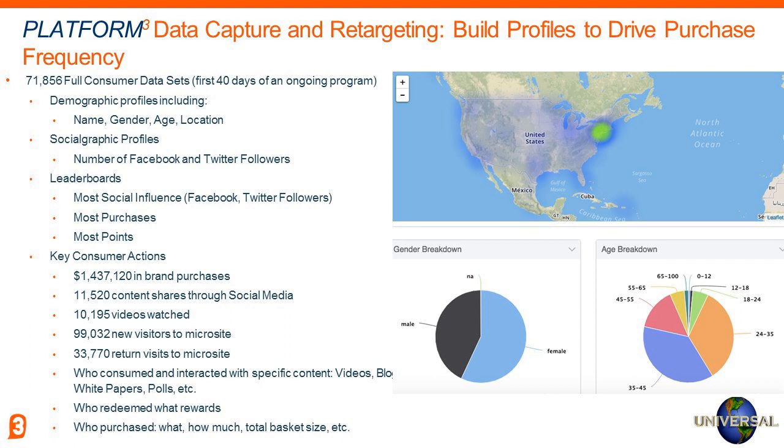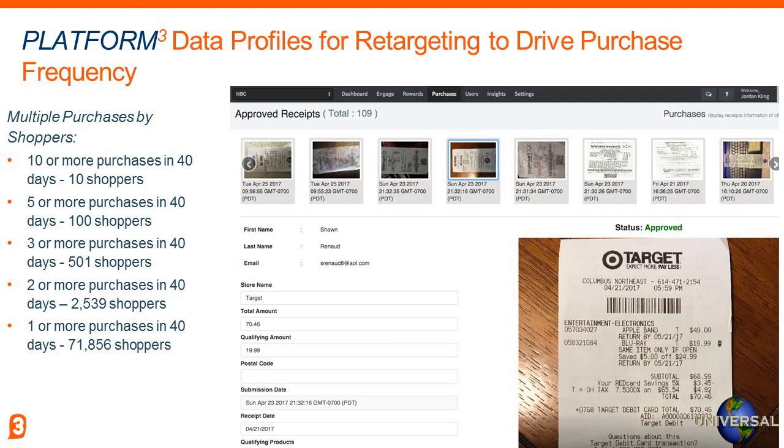We're tracking all of the behavior, so we know which consumers are sharing content, which consumers are watching movie trailers. We even know which specific movie trailers they're watching, which specific content they're sharing. All of this activity and behavior is being tracked, and again is available to all our clients 24/7 within our data dashboard. And again, we could sort by who's purchasing our products the most frequently, so we could identify our most valuable consumers, we could identify our social influencers, and create special offers based on each individual consumer's purchasing behavior.